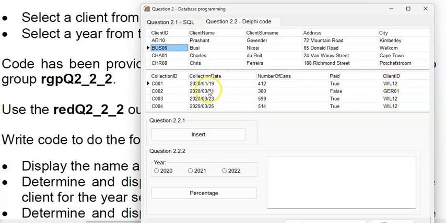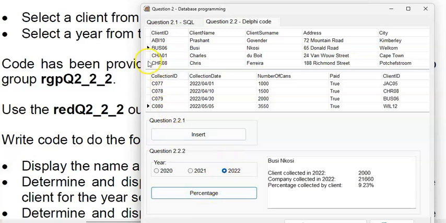ID to calculate the number of cans that they collected. They will then click on a year and then click on percentage. So I can click on someone else in there and then I can display. But there's no reason to search through anything through this top table called TBL clients, as it would be the active record, the one where the little black triangle sits, that we need to make use of to display the name and the surname there, and then to search for that client ID in this table